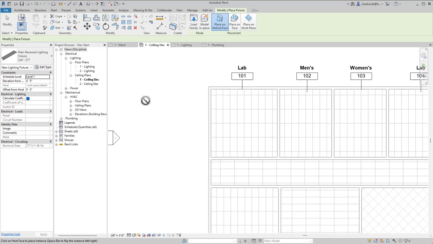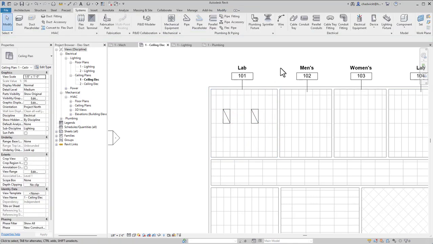And once again, we often think of ceiling hosted items. This particular one you can see is not allowing me to place it, and that is because we have to choose the Place on Face option in our ribbon. Now I can place this light fixture. I can press the tab key to rotate around. Then I can place a copy and continue placing additional copies as needed.